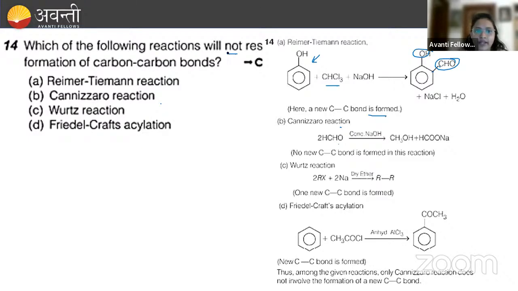See, which of the following reactions will not result into the formation of carbon carbon bond, okay, so our answer will be Cannizzaro reaction, because इसमें क्या होता है, बॉन्ड ब्रेक हो रहा है और दो अलग अलग मॉलिक्यूल हमको मिल रहे हैं, so no new carbon carbon bond is formed in this reaction, that's why our answer will be Cannizzaro reaction. Let's see the Wurtz reaction here, yeah, Reimer-Tiemann reaction, very good Ganesh, yeah, from phenol we get benzaldehyde, very good,